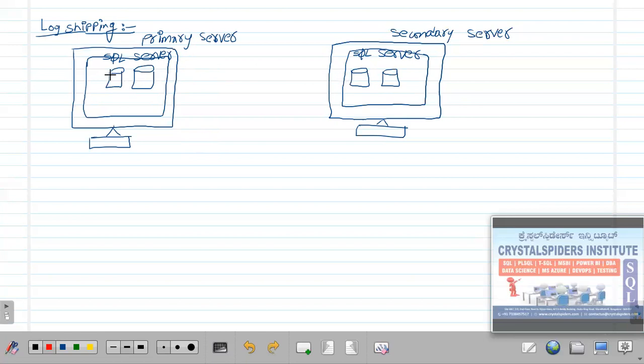The configuration here is that whatever changes we make in these databases on the primary server, the same changes should come here also.